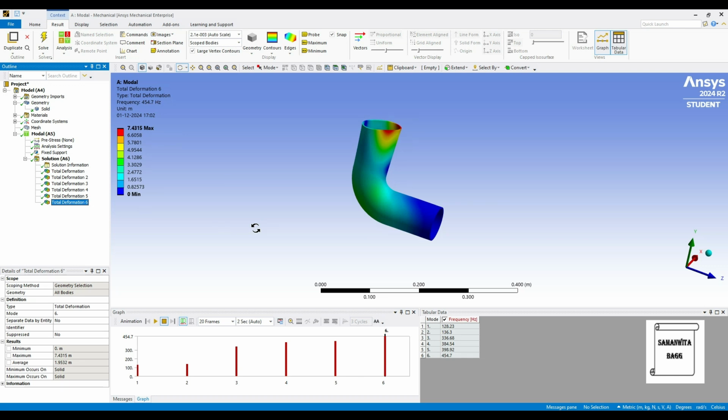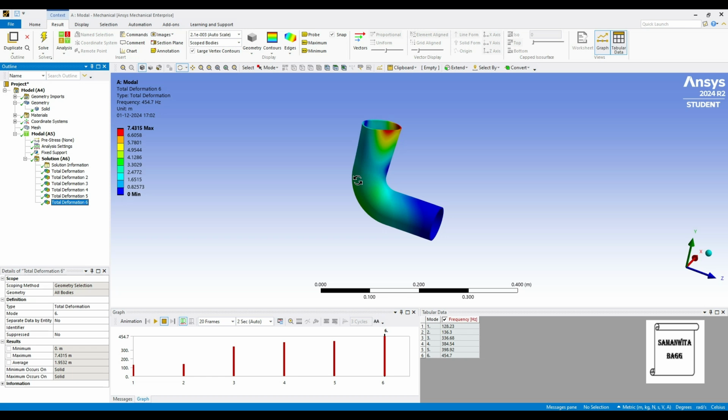So if you're using a HDPE pipe, you can see what is the modal frequency and what will be the deformation. In case the water reaches these kind of frequencies, it will give this kind of deformation which is really high. So you should avoid the water flowing through the pipe reaching this kind of frequency. It should be lower such that your pipe does not go into a resonance of the two frequencies and create a deformation. It is better that you avoid such kind of frequency of the flow of water.